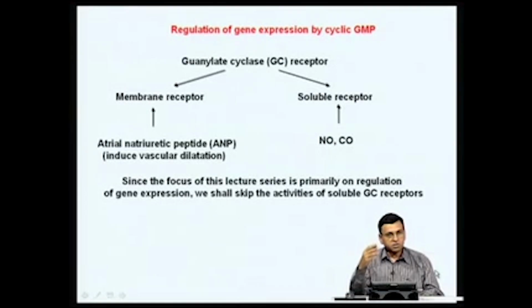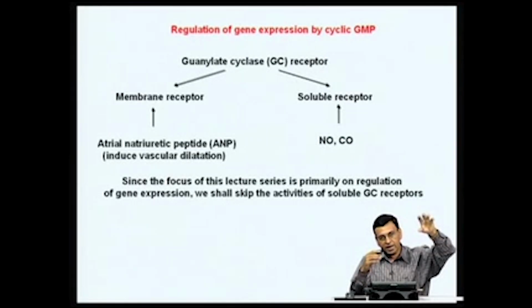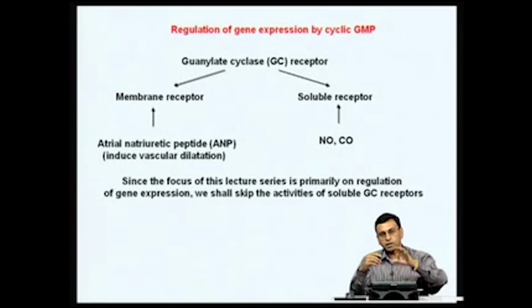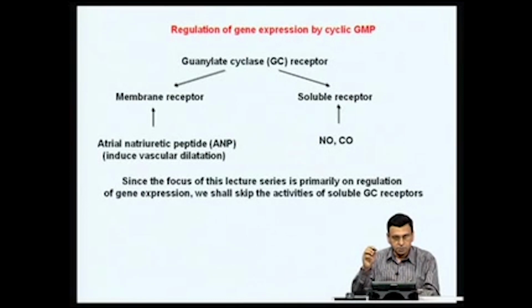Now, let us spend some time to understand how cyclic GMP regulates gene expression. As I just mentioned, when the ligand or the hormone binds to a specific GPCR, it results in the activation of a G protein, and in this trimeric G protein, the alpha subunit separates, and this separated alpha subunit now goes and activates some of these receptors, which have intrinsic guanylate cyclase activity, and as a result this results in the synthesis of cyclic